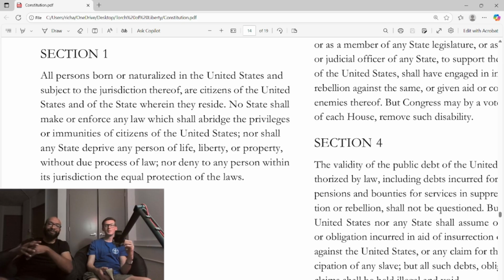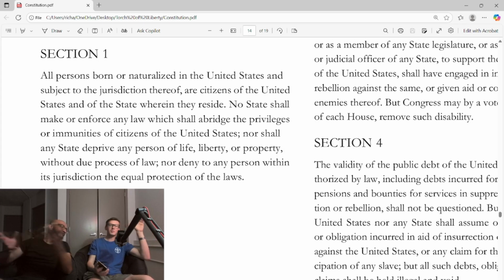It'd be a little bit different if they said in this amendment, all persons born on the soil of America are now fellow people of other people who have been here for a while, and they are protected by the Constitution. Like if it said, if you're born here on the soil, you're American and protected by the Constitution. That would be very different, and I don't think we'd be sitting here now talking about it. Right. But the way they phrase this is just so much different.